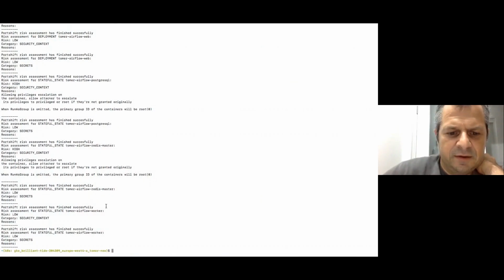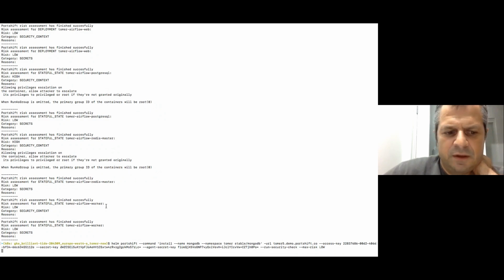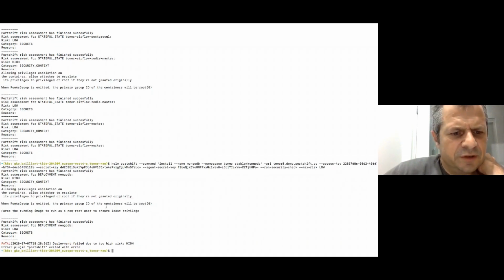If I go back, let's play with a different chart. Take MongoDB, for example. Again, I'll keep it as maximum risk low this time. You can see that in the Helm charts in MongoDB, we also have some issues.